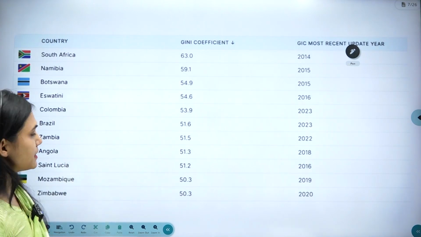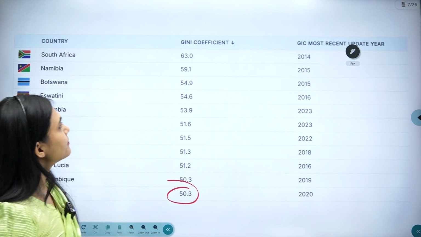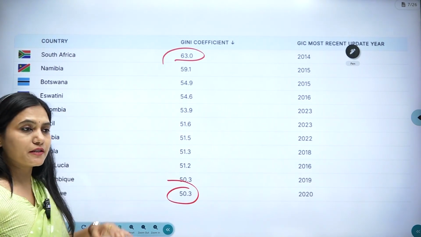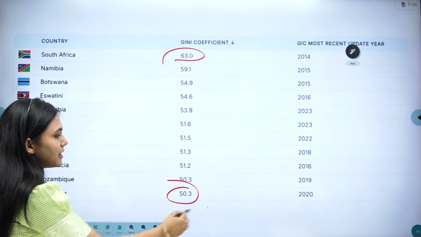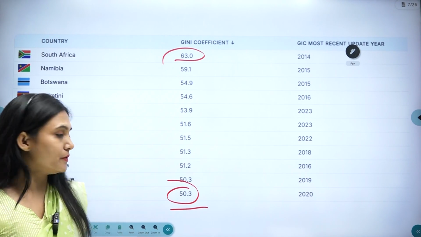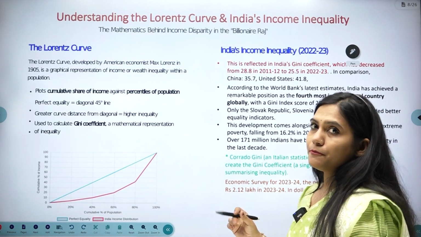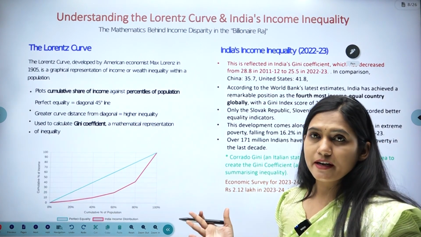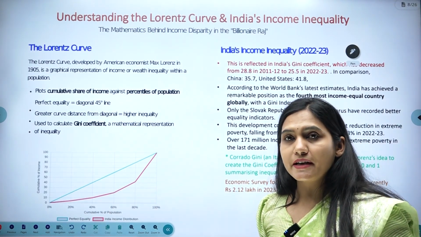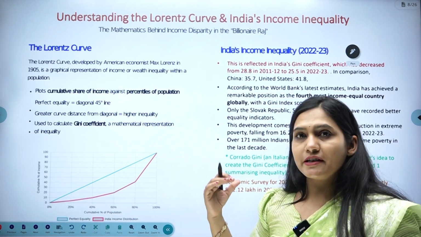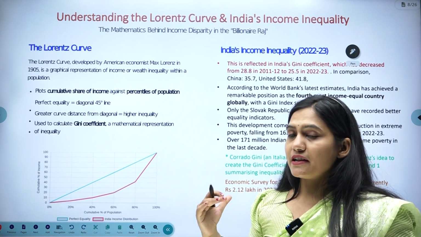Okay, then you can see here Zimbabwe is having 50.3 and South Africa is having 63.0. Now here you can see the alarming state that it is going beyond 0.4. Now from this you can relate it to the economic survey data. You can see what is the per capita income in terms of dollar, in terms of rupees, and what exactly the GDP of the country is, and is it really